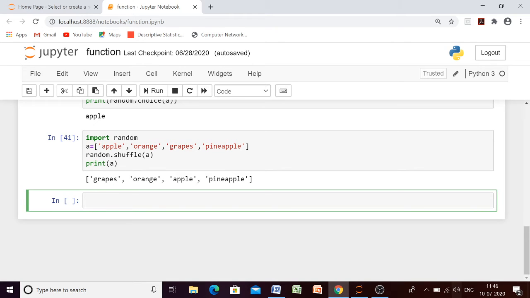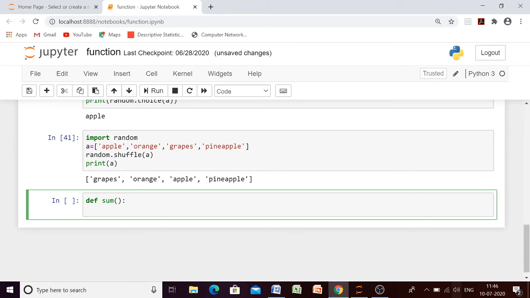So first we are going to define our function. For that we must have the keyword def, for definition, then the name of the function. You may have any name as per the naming convention rules, and since the first one is without any parameter, I am not going to take any parameter here. Just put a colon. Colon means we are going to define our function. Whatever statements follow will be part of our definition. So just press enter. As soon as we press enter, you will see that the indentation level changes automatically. Now the cursor will be here.